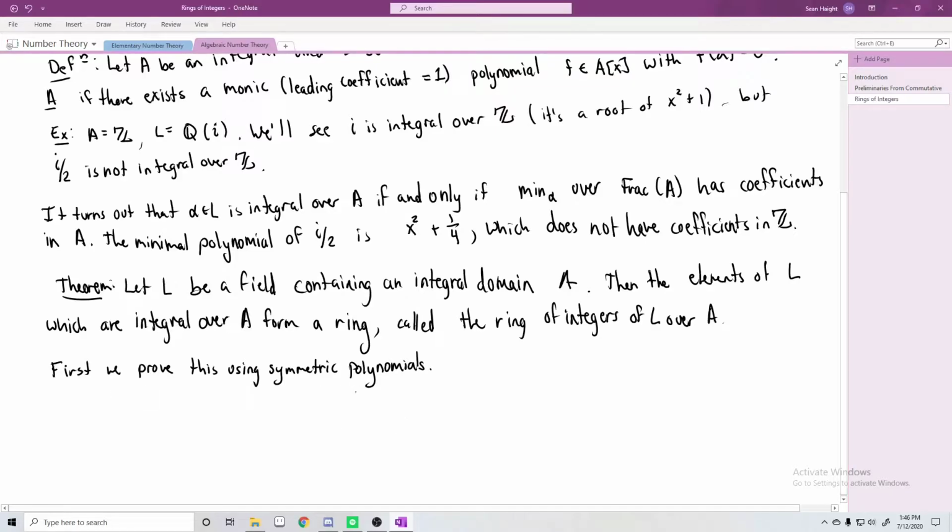So first I should tell you what a symmetric polynomial is. So, definition: a polynomial in multiple variables P, say x1 through xr, and A here is still an integral domain. I guess it doesn't really matter for this definition, but if you're wondering what A is, you can just take it to be an integral domain. It's said to be symmetric